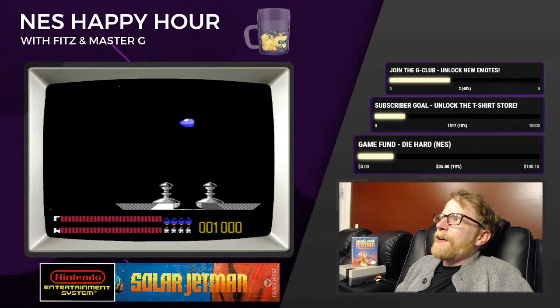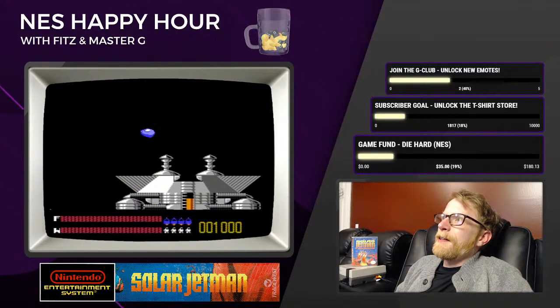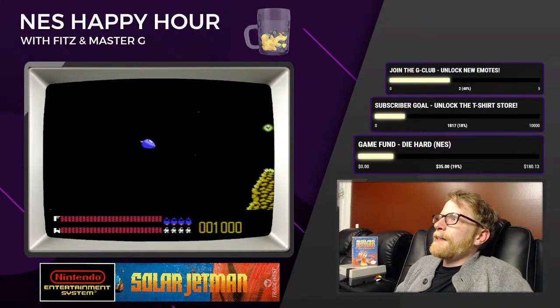Alright, so see how there's gravity pulling you down. You can thrust. You gotta play the gravity. See, it's like Asteroids. Is this something I need to shoot, right? Like this guy's gonna...